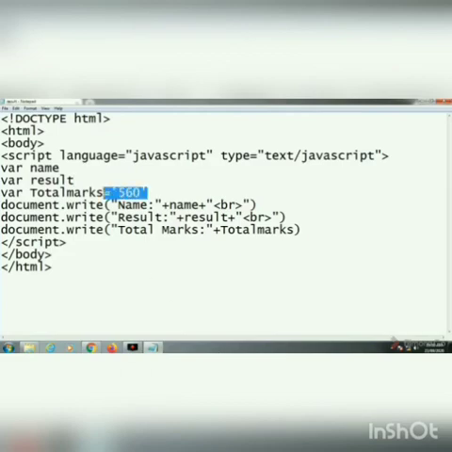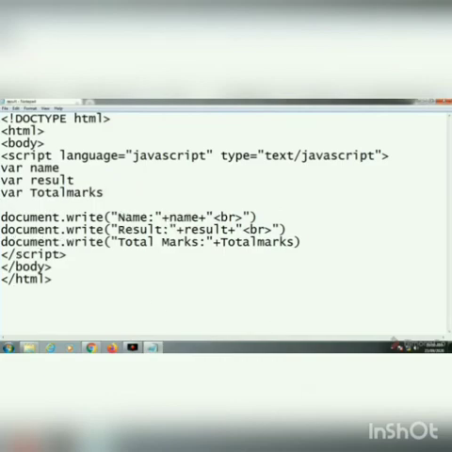Now I shall use another statement to ask the user to enter the values. The rest remains the same, how I display it, but I have to write a prompt dialog box. Name is a variable equal to prompt, then bracket start. The text that will display in a pop-up window is: enter your name.